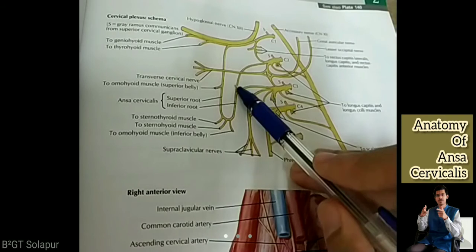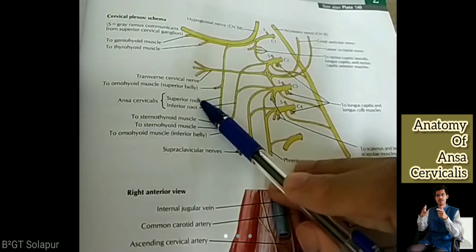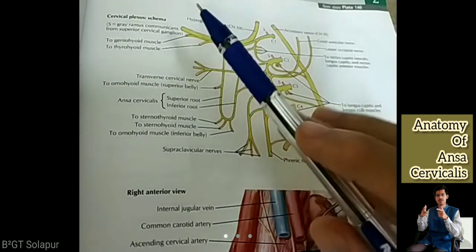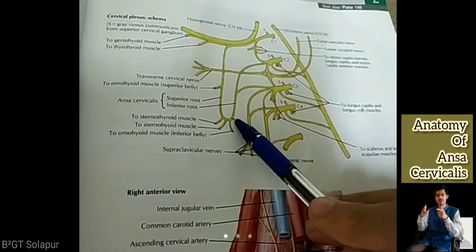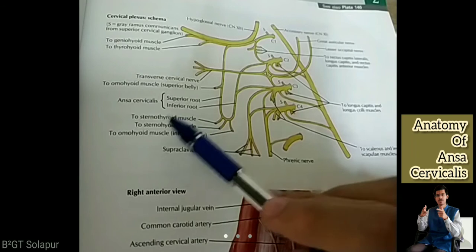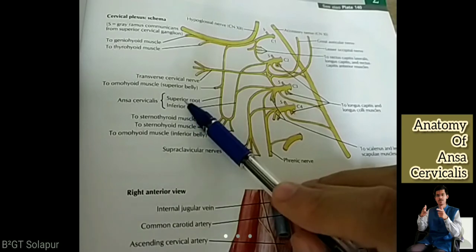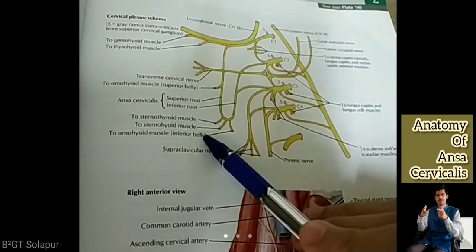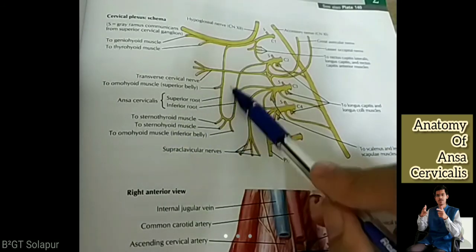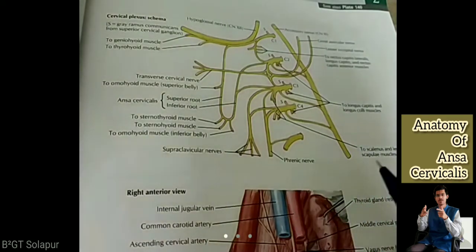That is, the inferior root gives a branch to the inferior belly of the omohyoid muscle. The superior root is giving a branch to the omohyoid muscle, superior belly. Superior root, superior belly. This way you can remember. The inferior root of the ansa cervicalis is giving a branch to the omohyoid muscle, inferior belly, and the ansa cervicalis proper supplies sternothyroid and sternohyoid. So in total the ansa cervicalis is giving 4 branches: omohyoid superior belly, inferior belly, sternothyroid muscle, sternohyoid muscle. Have you understood? If there is damage to the ansa cervicalis, the action of all these will be lost.